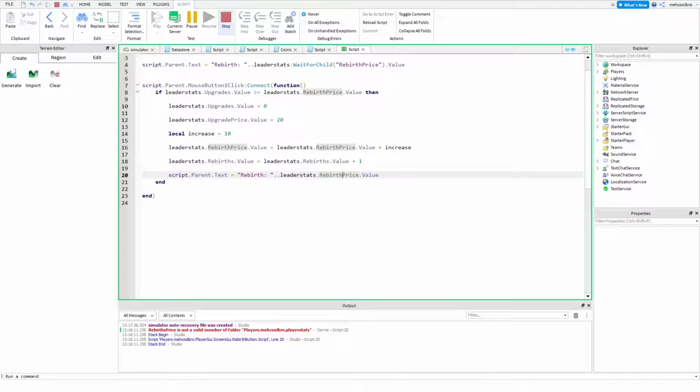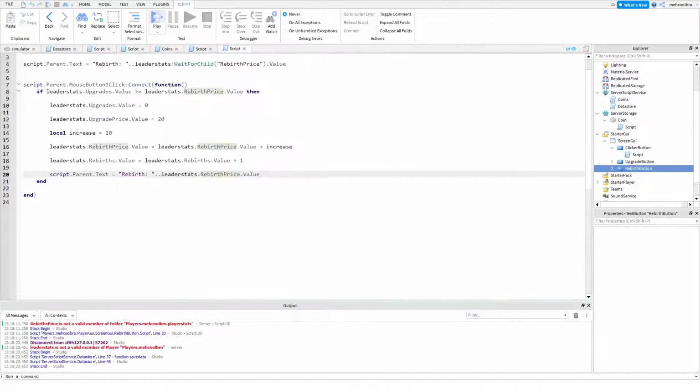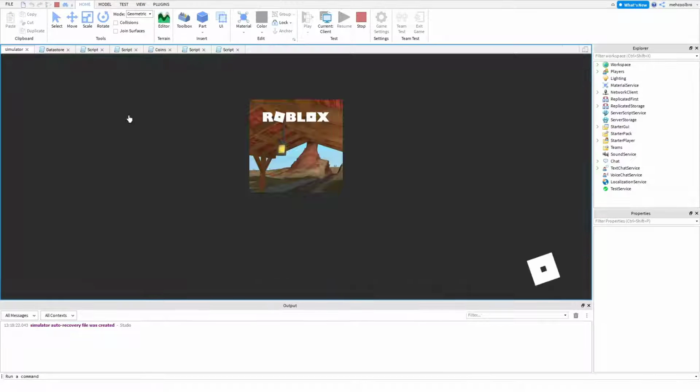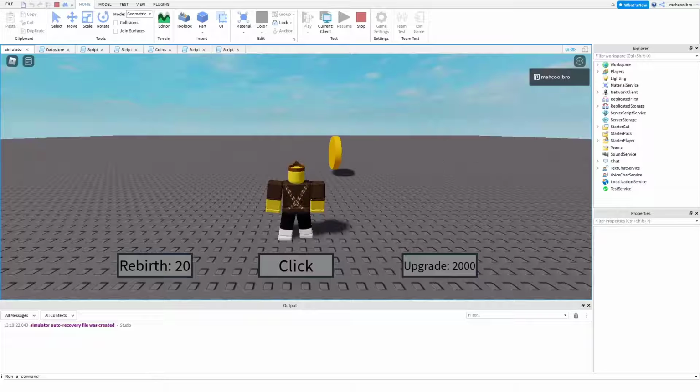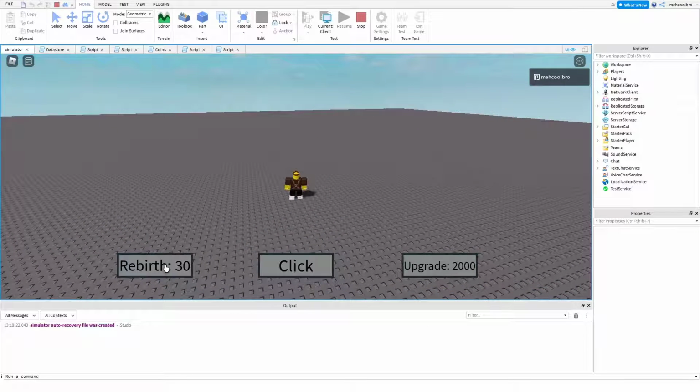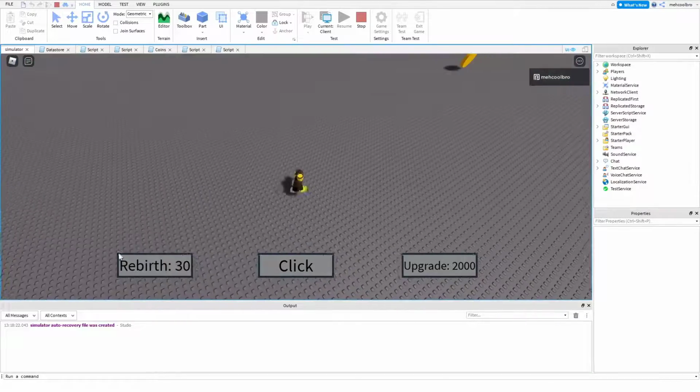We didn't do rebirth price. So now if we go back, I think it still actually did rebirth for us. I don't know. Wait, hold on. Okay, there we go. It worked. So rebirth